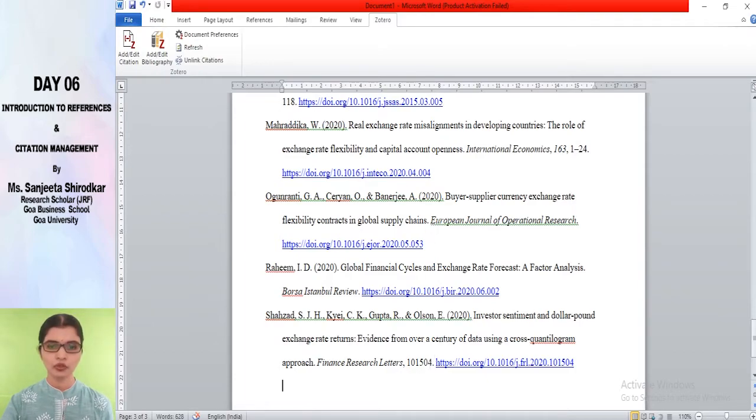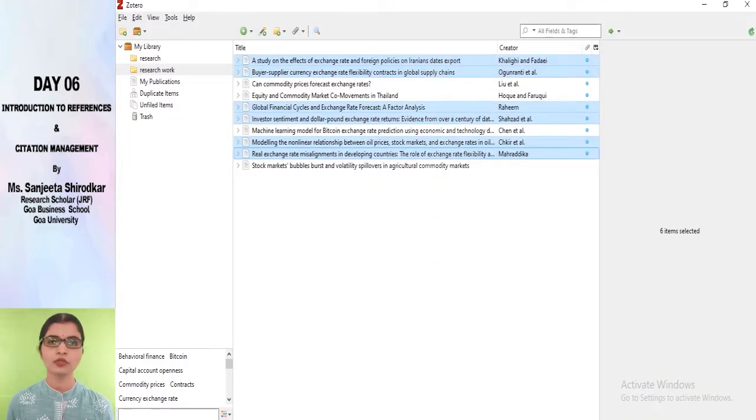So let me just show you one more thing now, Zotero for that matter. Now you understood that there is something called Mendeley, which is more user friendly and offering more benefits, and you thought of switching from Zotero to Mendeley, but the only problem is you are already having your references. So I'll show you how you could export your references to Mendeley if they are already in Zotero.